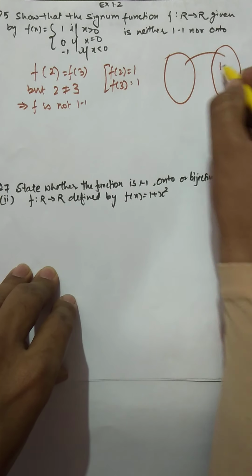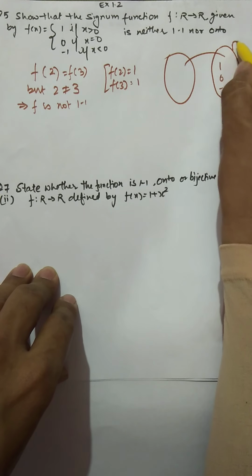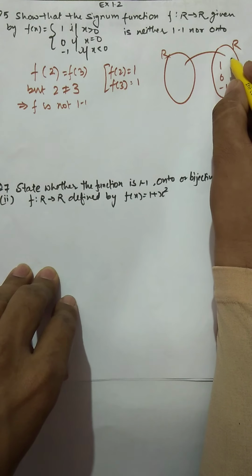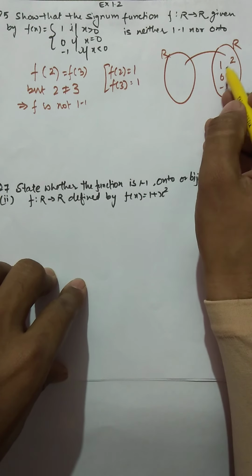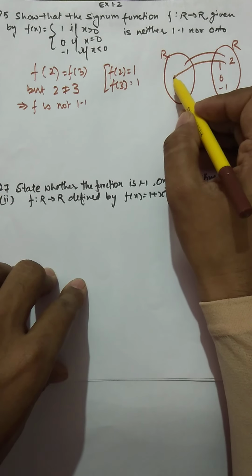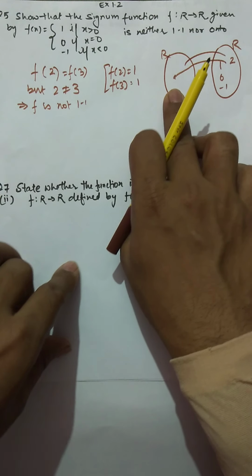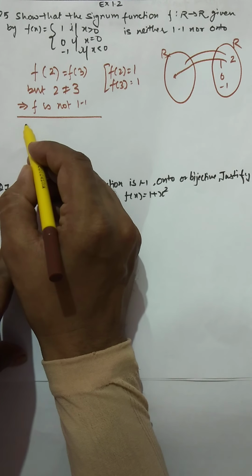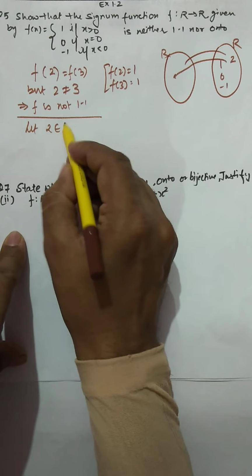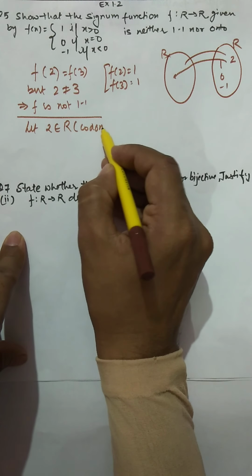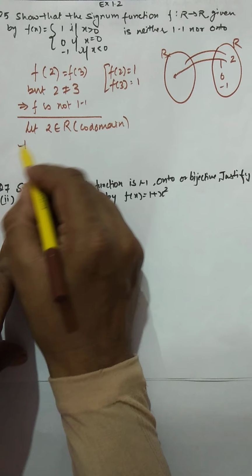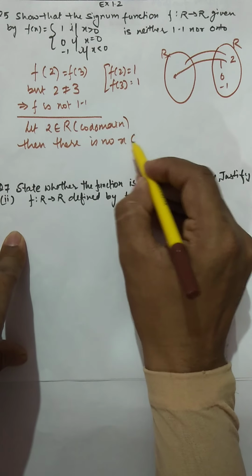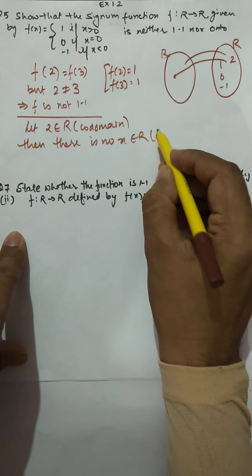Here you can see the range is 0, 1 and -1, but there are some real numbers from this set, and if you take this example, let's say this is 2. So for 2 you cannot have any pre-image here in the real numbers in the domain. So we take the example, we start like this only: let 2 belong to R, and please mention here also that this is the codomain. Then there is no x belonging to R, this means your domain,